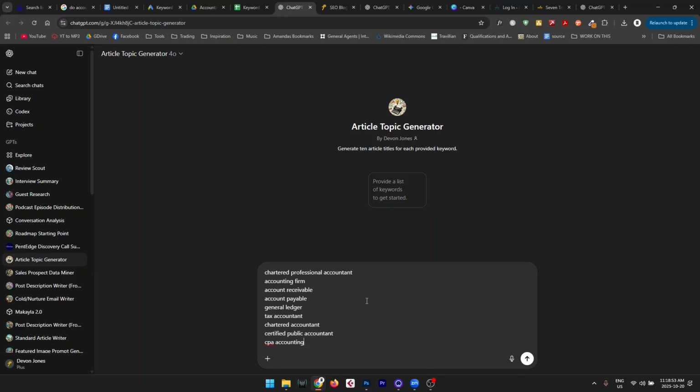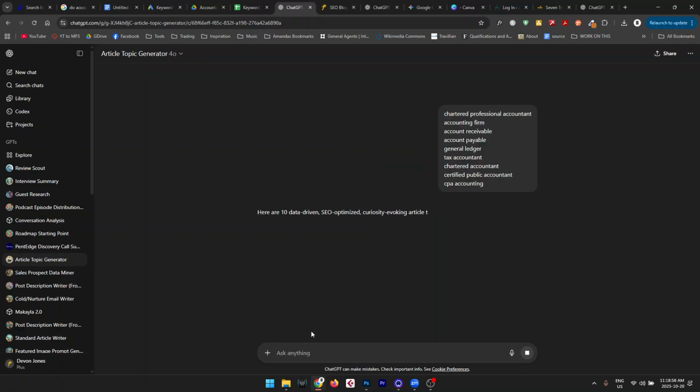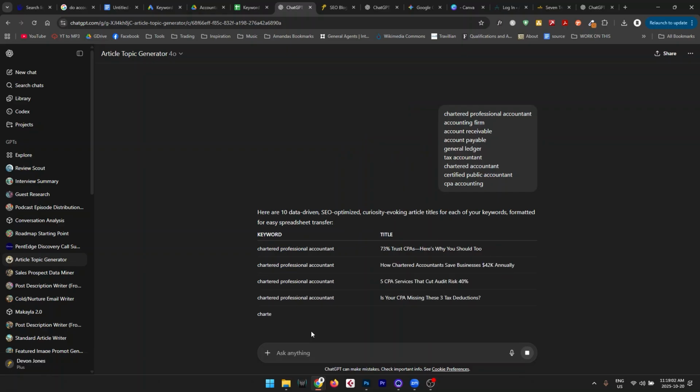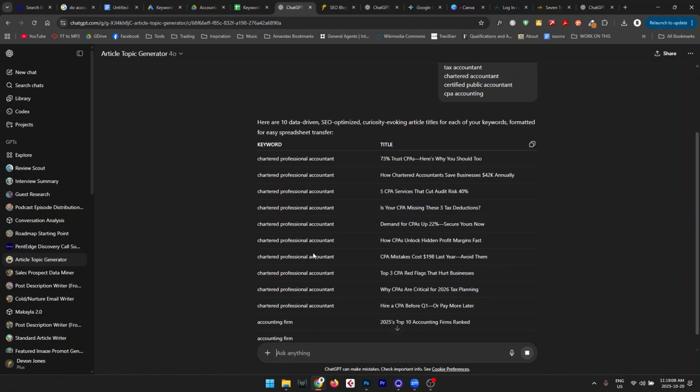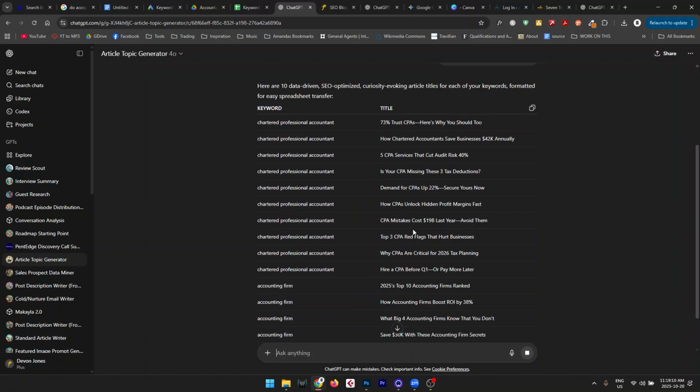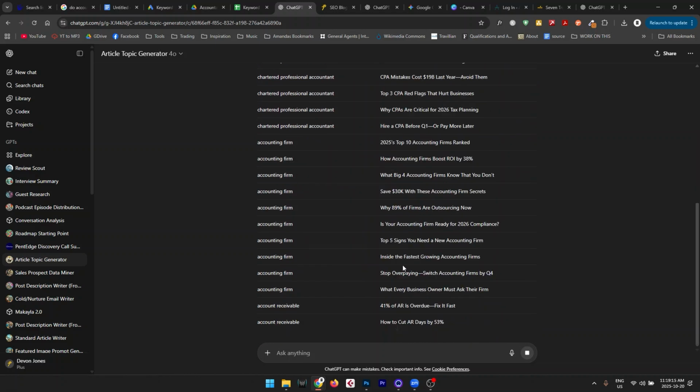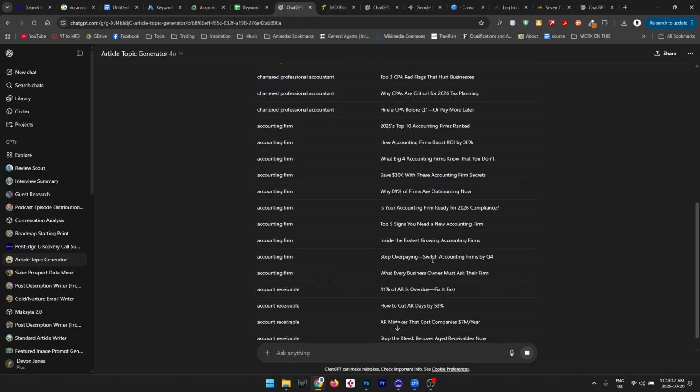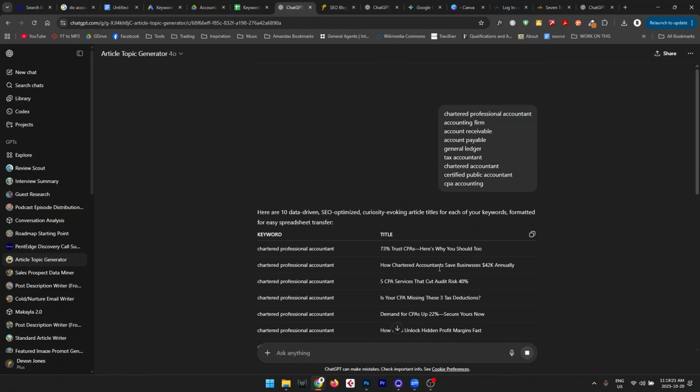And all we're going to do is just paste this list of keywords in here, and hit enter to send that. What this GPT is going to do is create 10 data-driven, SEO optimized, curiosity-evoking article titles for each of the keywords that I provided. So you'll see it's organizing this now into a table showing the keywords and then some title suggestions for each of those keywords as it goes through the entire list. There is a limit here. I think you can only do 10 at a time,